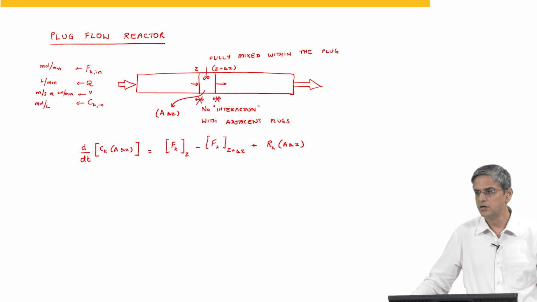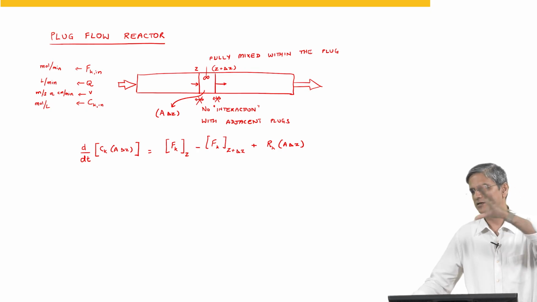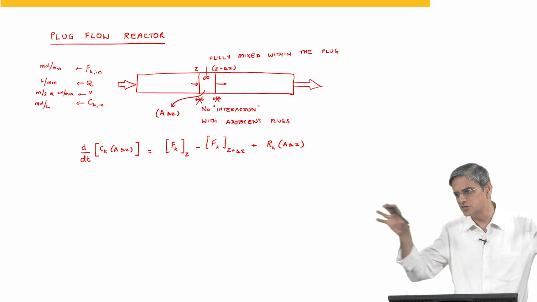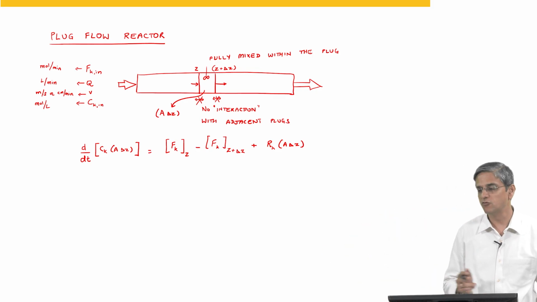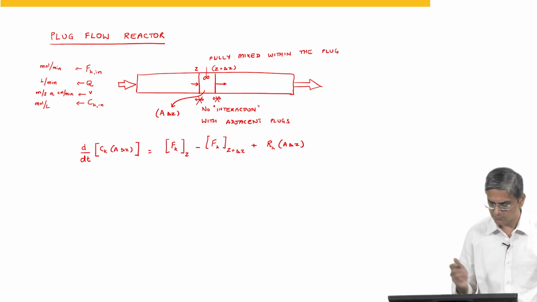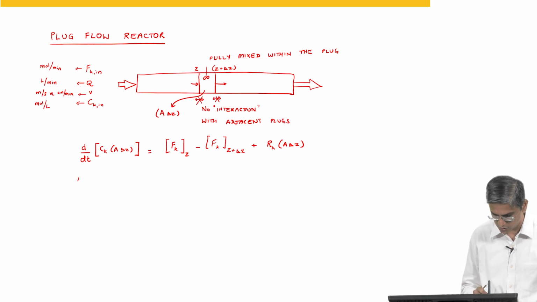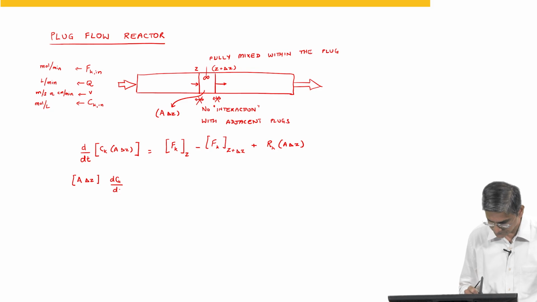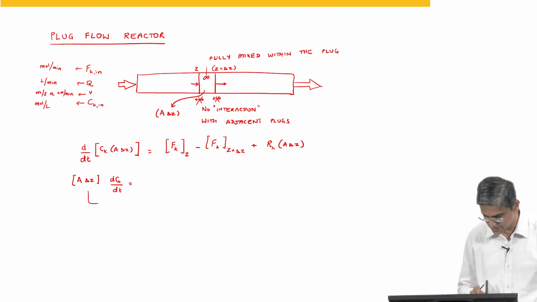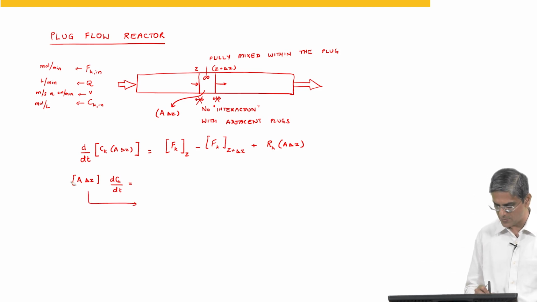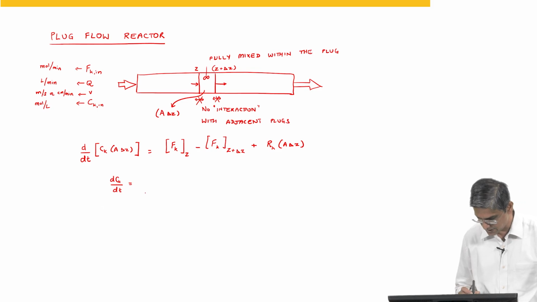Okay. Now, assuming that your reactor is a tubular reactor, it could very well be an expanding reactor, in which case the next thing won't exactly be valid. But assuming that your area is constant, you can take A delta Z out and you will have this equal to the right hand side. And this A delta Z, you can divide throughout by A delta Z, and you will have